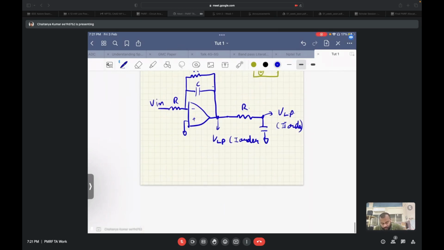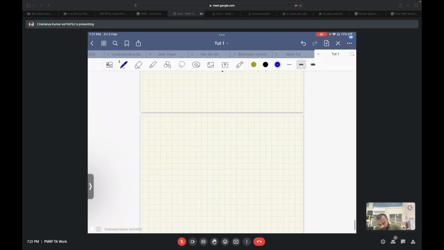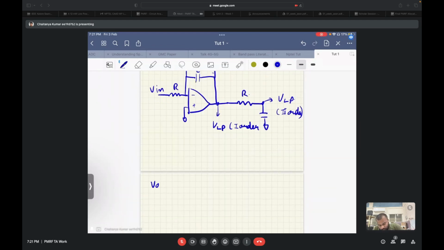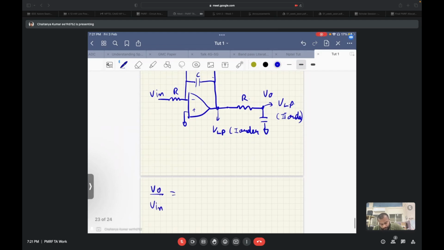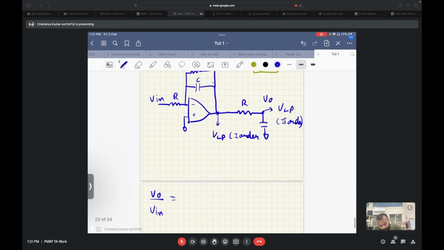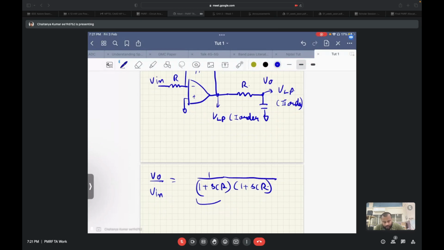Now, however, this is a second order transfer function. If we try to write the transfer function, let's call this node V out. So V out by V in is equal to 1 upon 1 plus SCR times 1 plus SCR. Now, if you notice in this, the quality factor that maximum we can get,